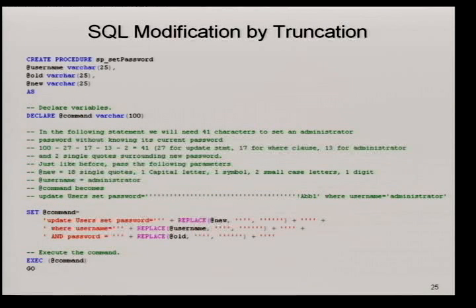What happens if somebody uses the replace function instead of the quote name function? Can we exploit it now? The only difference between the previous code and this code is that in this code, the developer has explicitly added the delimiters. In the previous code, quote name adds the delimiters. So there's no difference between the previous code and this code. So I can pass the same data as I passed before and truncate the command.